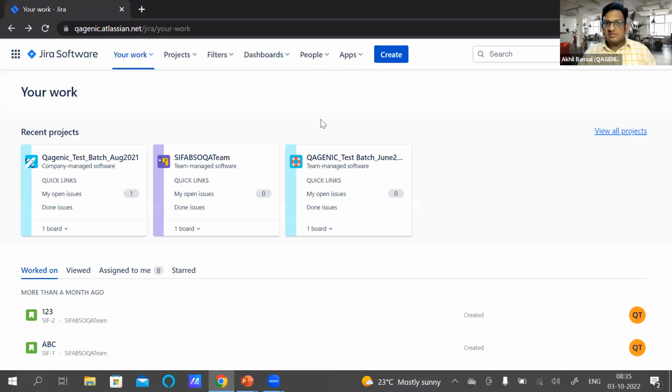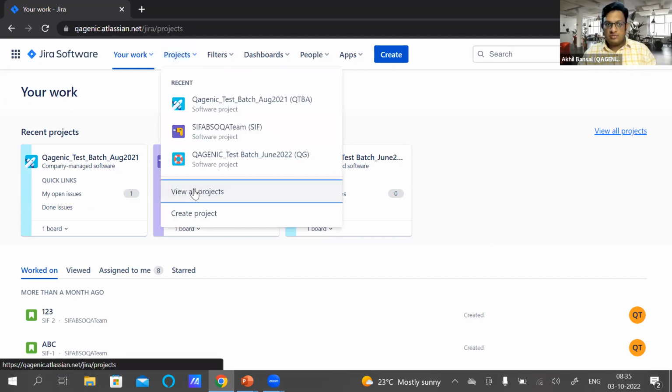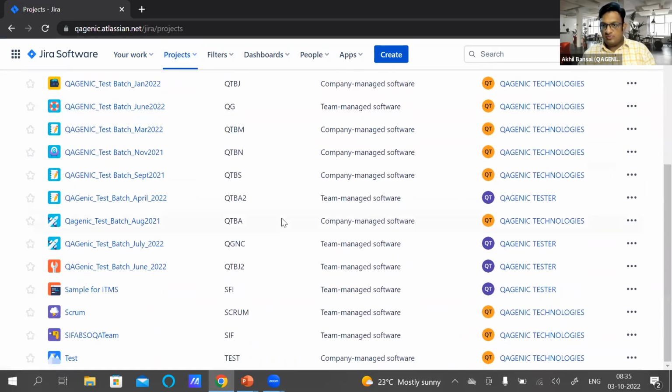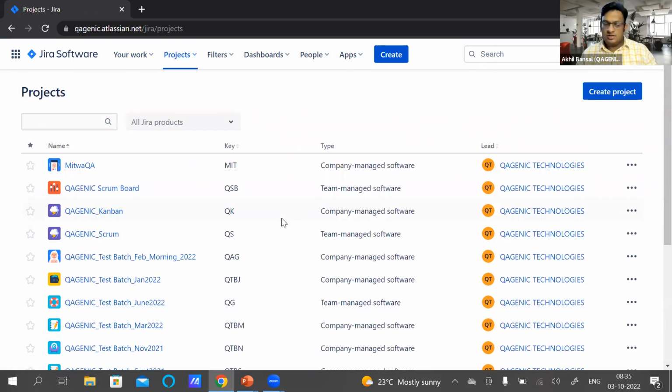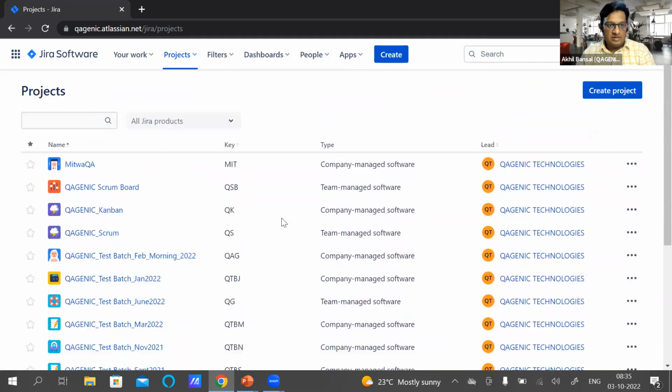Okay, so this is the Jira application that you see now. Once you have logged in, I have already logged in to Jira, and this is the interface. So you can go into projects, view all projects. If you do, you will see a lot of projects that are available in Jira, or you will see only the projects that are assigned to you. So for our